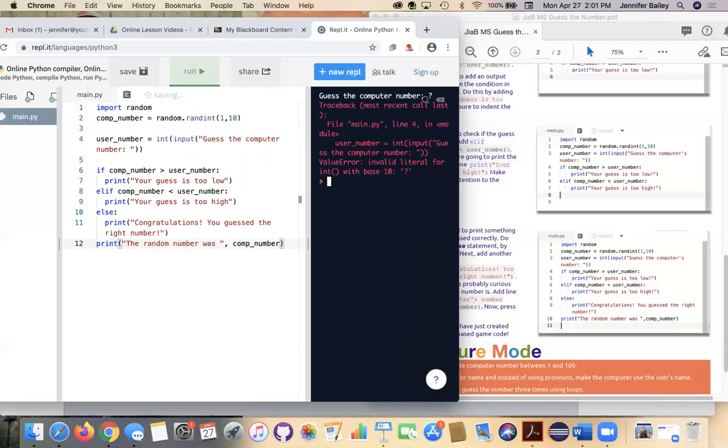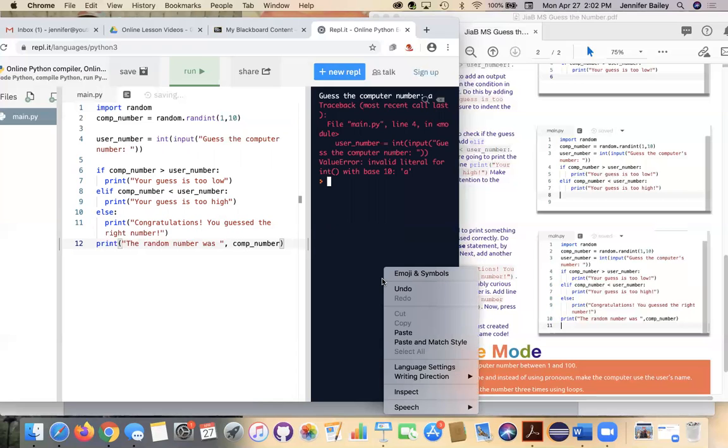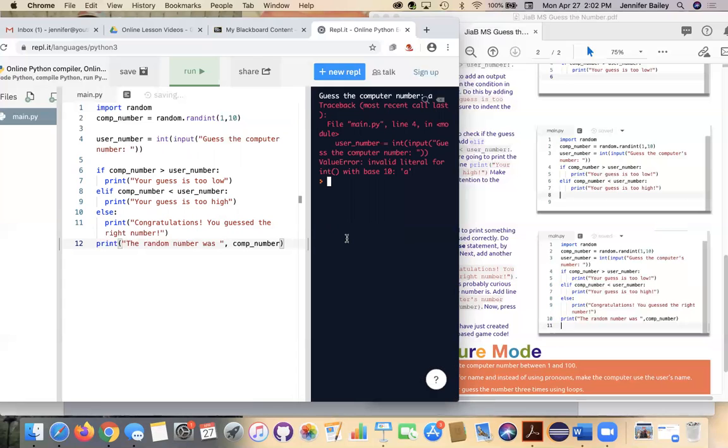So it's got to be a number. Value error, invalid literal for int with base 10. So it's like, I can't convert that to an integer at all. So let's run it again. I like to try and break it to see where it is. What if I typed in A? Okay, so same thing. So that int is not only going to accept a number between 0 and 9, or an input using numbers between 0 and 9. So we could probably,